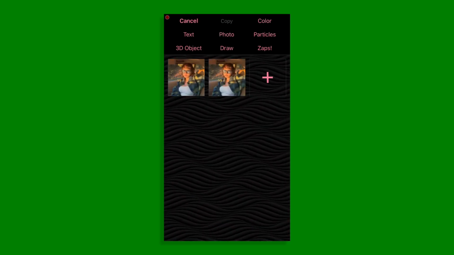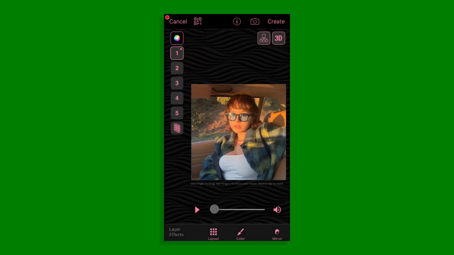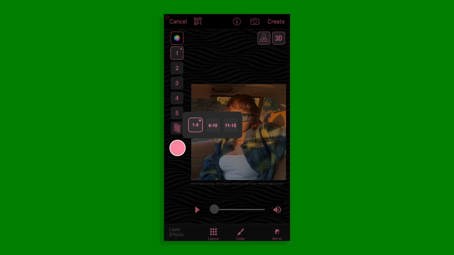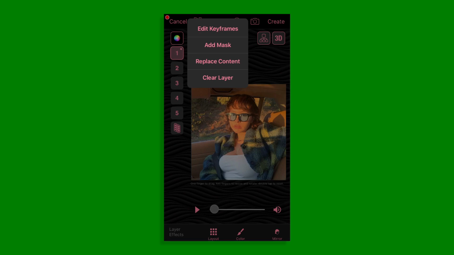So by now you should know how to get to multi-layer and put your photo in a multi-layer, and I was just showing you all the layers, which I'm pretty sure I did in the first video, but I can't remember because I have the memory of a 90-year-old. You wish I was joking. You go to your first layer, go to edit keyframes, go on,